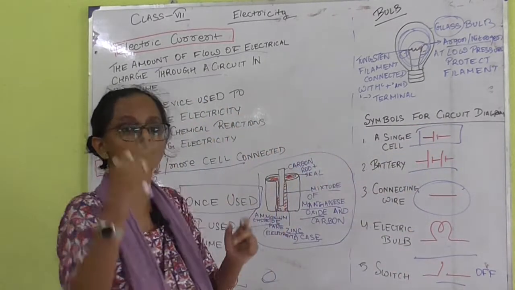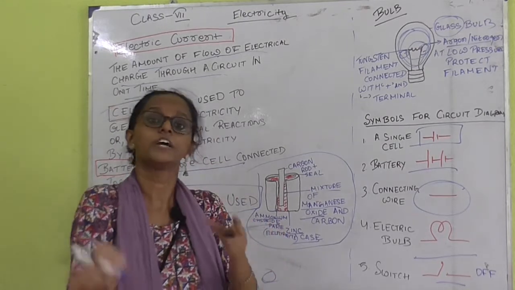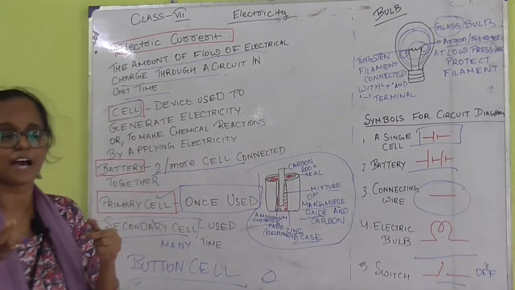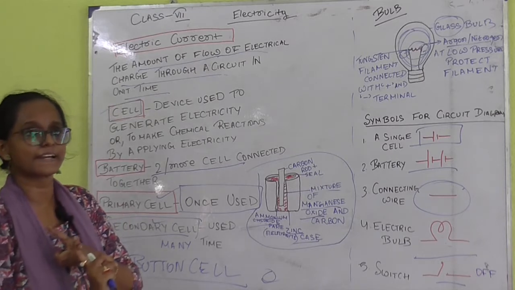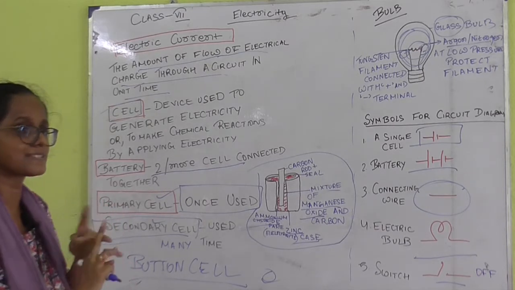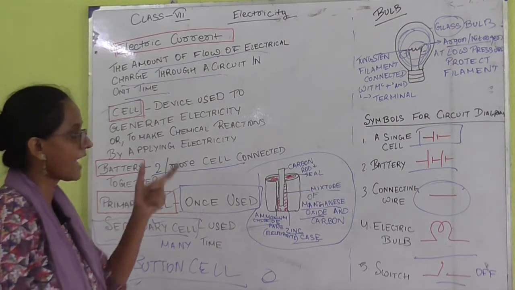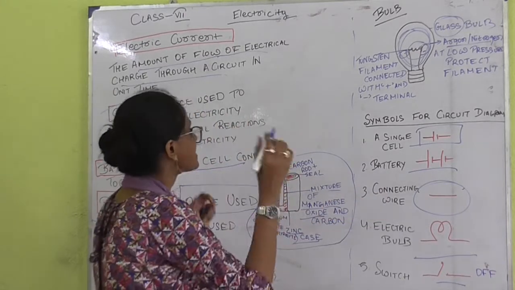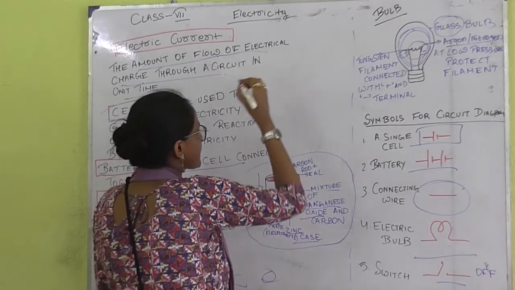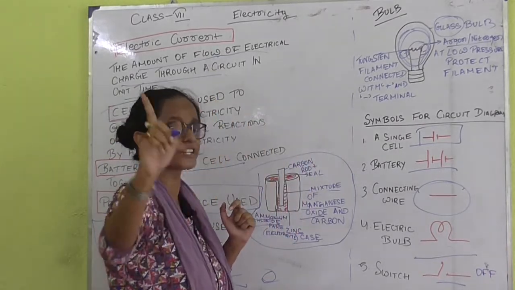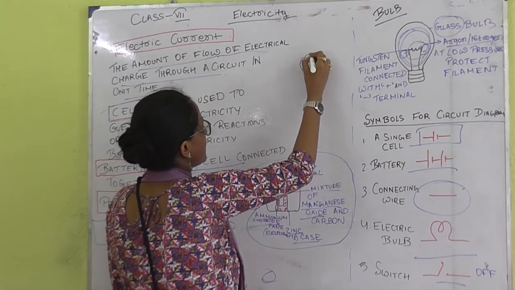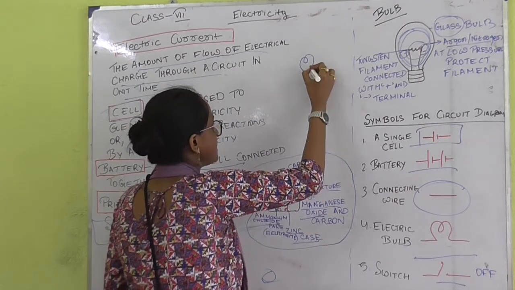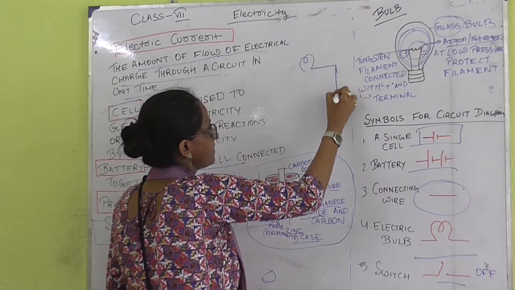Now, how does this work? If you are asked what a circuit diagram is, or you are asked to draw a circuit diagram, suppose the question is to draw a circuit diagram in which a bulb is connected. There should be a bulb, there should be a cell or a battery, a switch, and of course the connecting wire. So how are you going to draw it? Firstly, the first condition in the circuit diagram is that there should be a bulb. So we will draw a bulb like this. Now the bulb is connected with whom? The bulb is connected with the battery. This is the connecting wire.